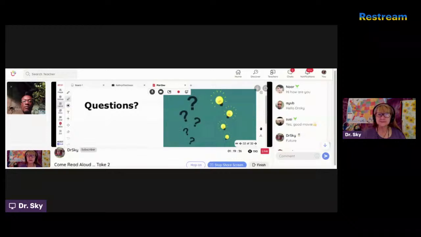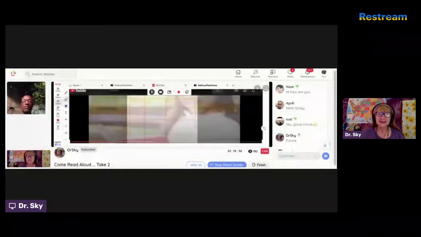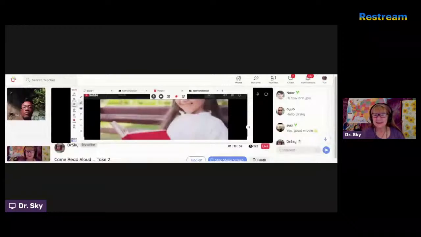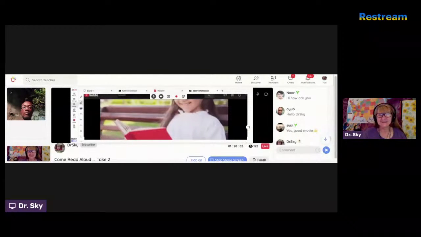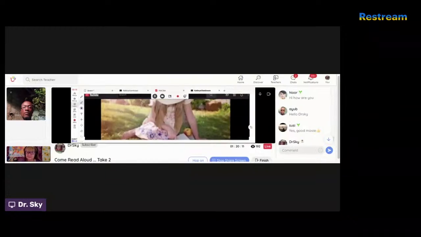Okay, can you see this? The first one is voice. Voice is the author's writing style that makes his or her writing unique. A writer uses certain words to show his or her style. An author's voice may change depending upon the genre of a text. If you get hooked on a certain series of books, let's say maybe Harry Potter or Percy Jackson, some of those different series, you'll get used to the author's voice. All of the writing sounds the same because the author is using his or her style.